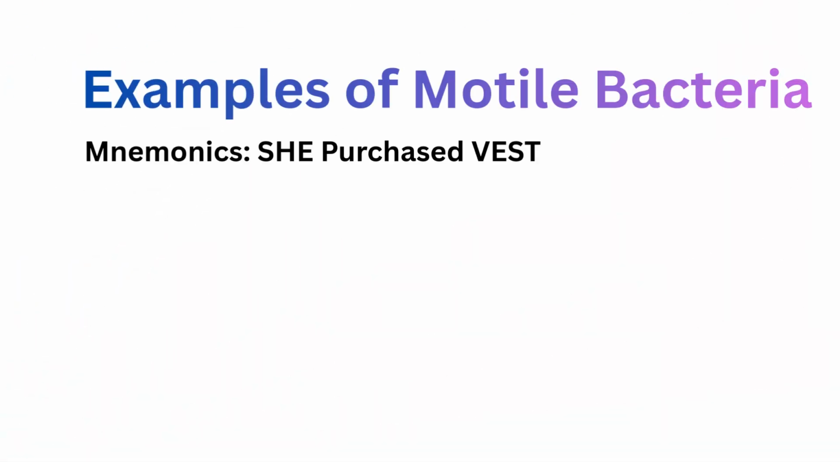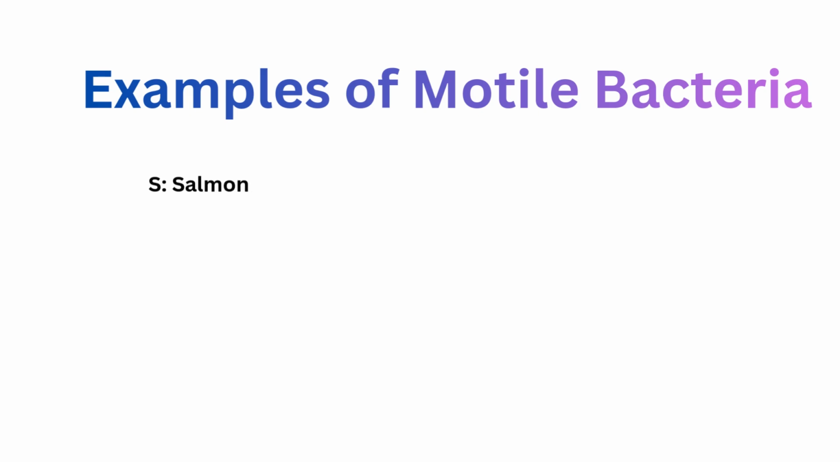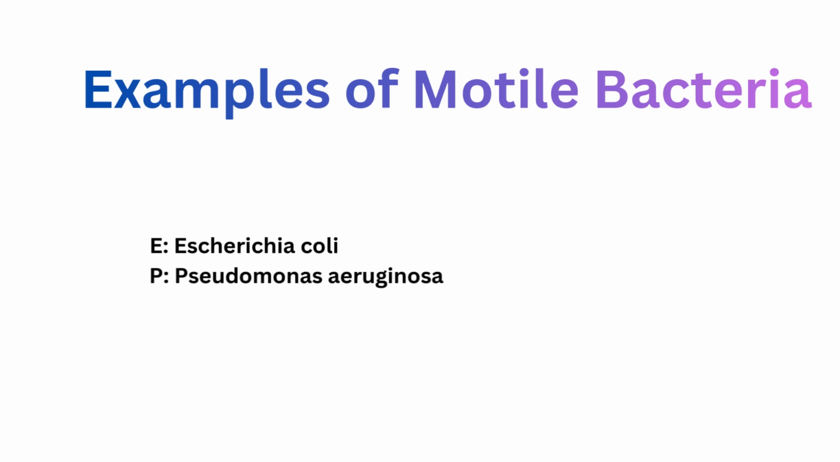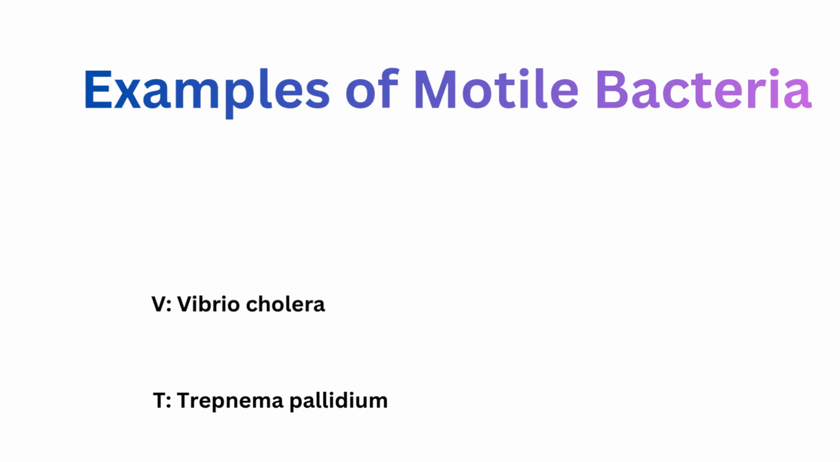Let's see examples of motile bacteria. The mnemonic for the motile bacteria is "she purchased vest". Motile bacteria are Salmonella typhi and Salmonella paratyphi, Helicobacter pylori, Escherichia coli, Pseudomonas aeruginosa, Proteus species, Vibrio cholerae, Enterobacter species, Spirillum minus, Treponema pallidum,